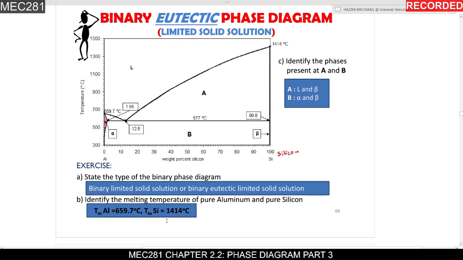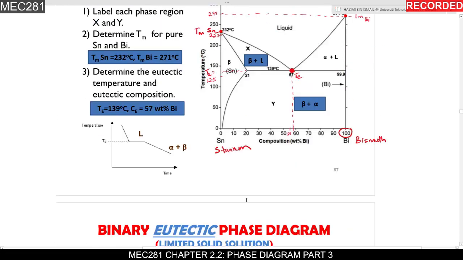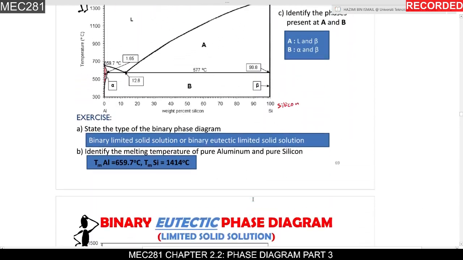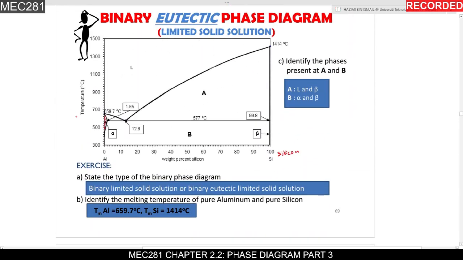Okay, so the question B, let's go to the question B. Identify the melting temperature of pure aluminum and pure silicon. Still the same question as before. Okay, so it's quite straightforward. Find this line and then you have melting point for aluminum, and find this line. This is the melting point temperature for the silicon. Okay, so